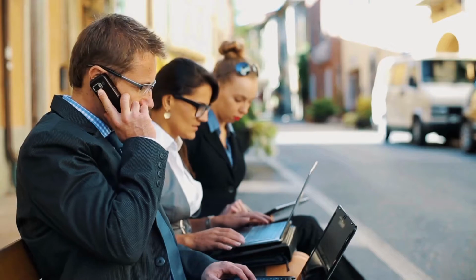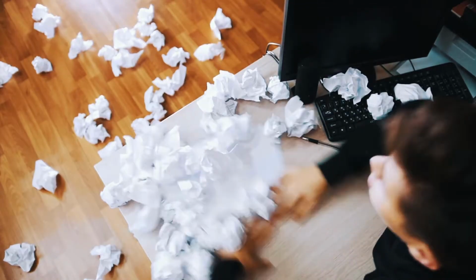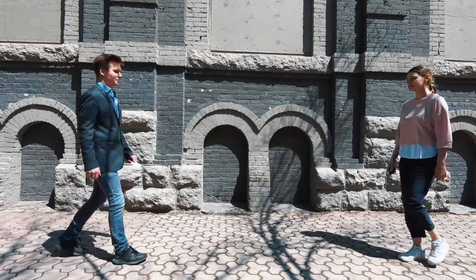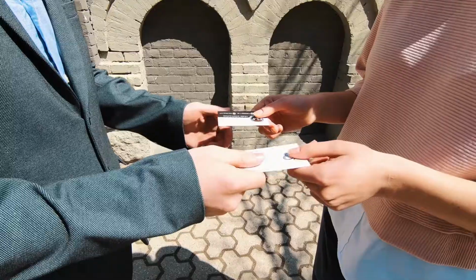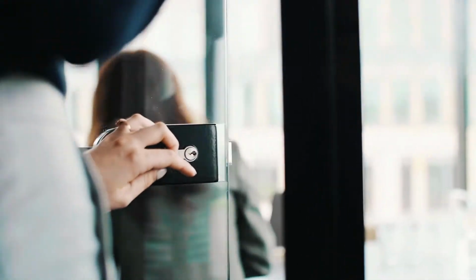NanoCardAR, the new generation. In the 21st century, paper products are bulky and inefficient, specifically business cards and resumes. Back in the day, the only way of communicating yourself professionally to other people was through passing business cards along. The way we meet new talent for jobs, or hiring managers for opportunity, has stayed the same for the last